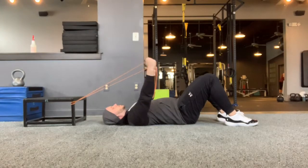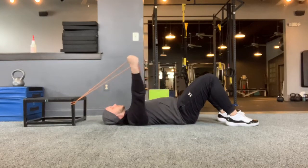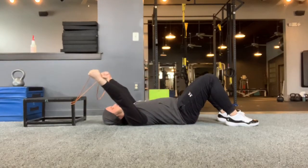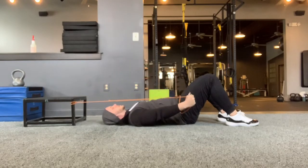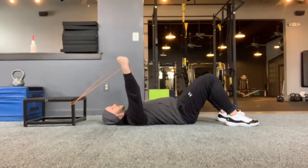So breathe out, all the way down to the floor. Again, keeping those shoulders down away from the neck. Breathe in. Come up, keep the tension in the band as you come up, and then I'm going to breathe out and come right back down. So we're focusing on finding some lats on the way down to the floor, keeping abs